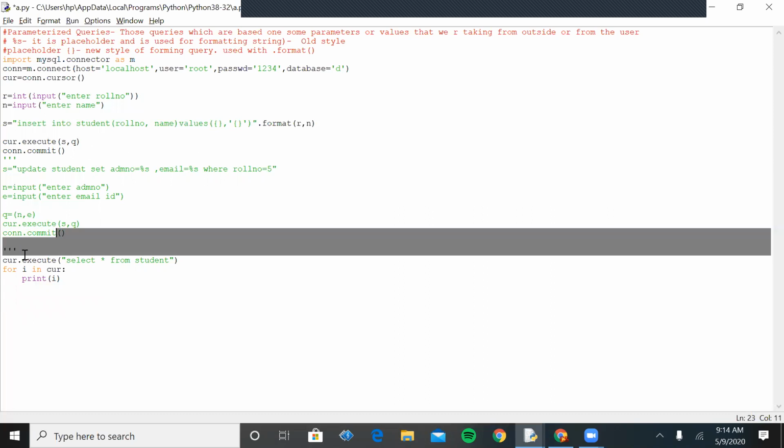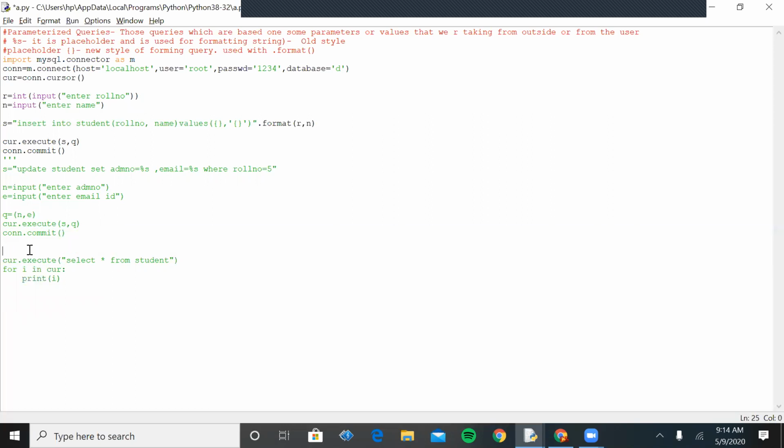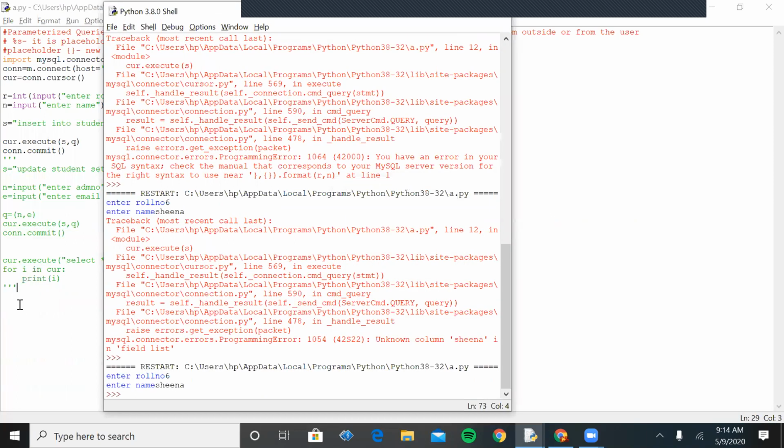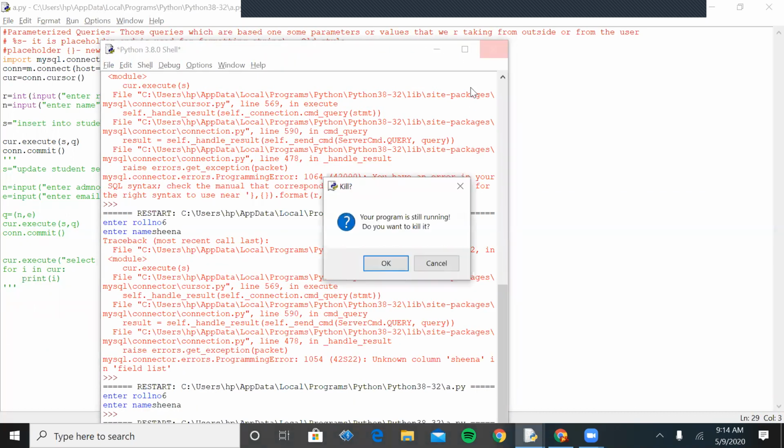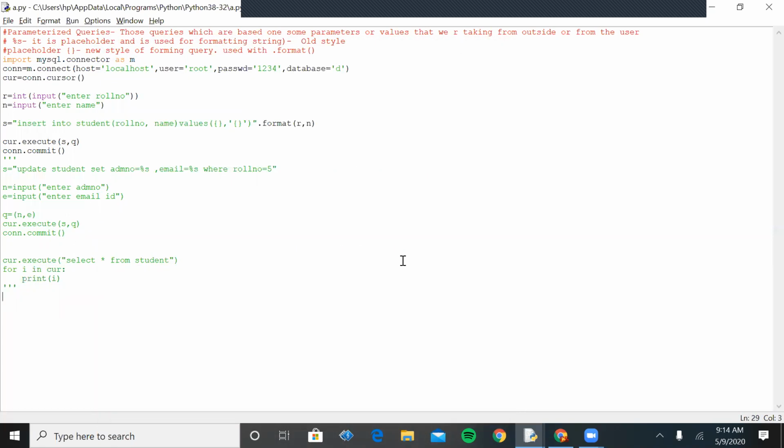Let's execute the query just to see whether it is accepting the value or not. I'm just closing this multi-line comment for the time being. Freshly I'm executing the shell command.